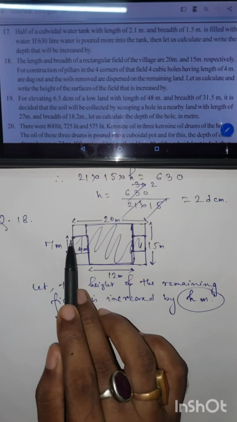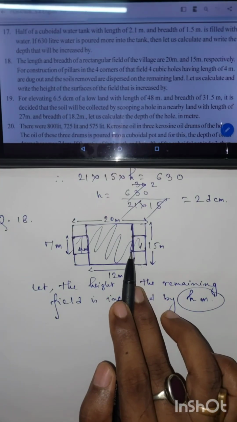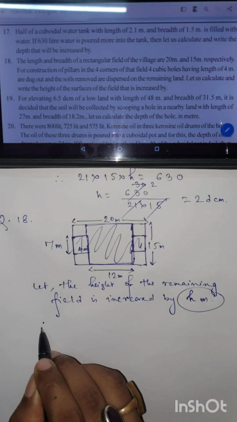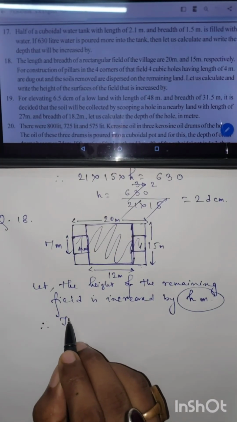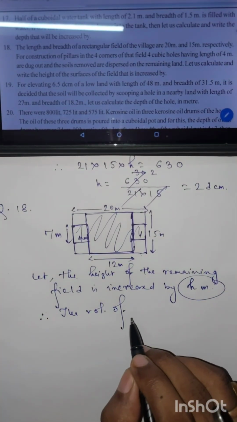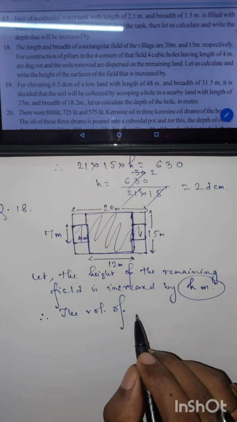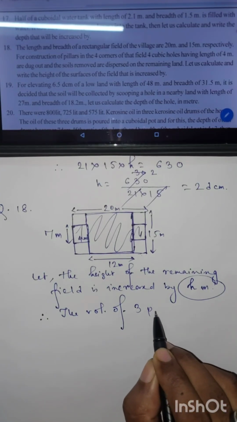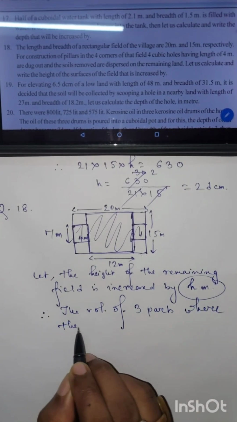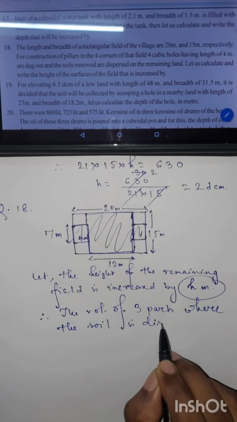So this is our first cuboid, this is our second cuboid, and this is our third cuboid. So the volume of three parts where the soil is dispersed